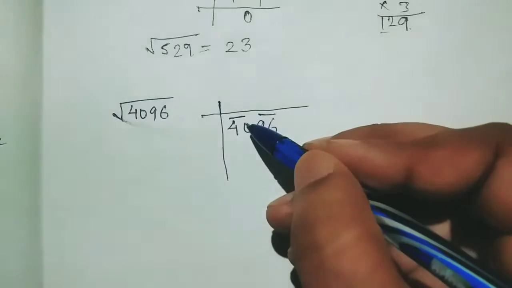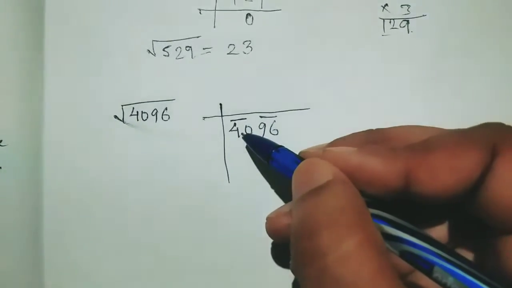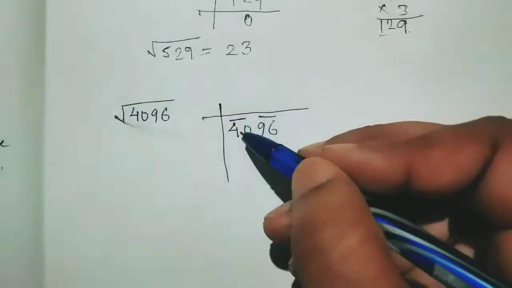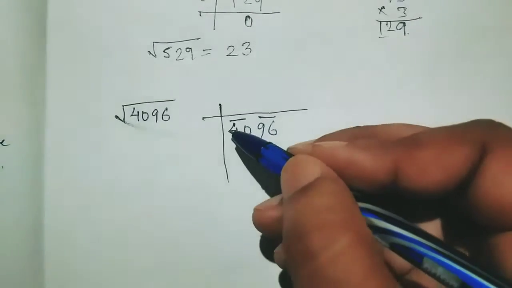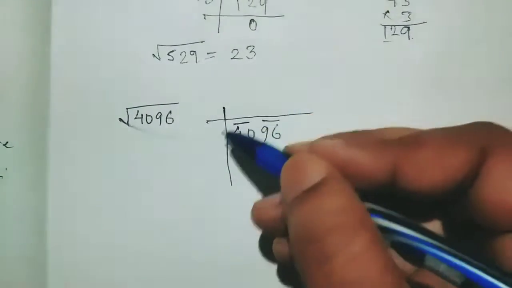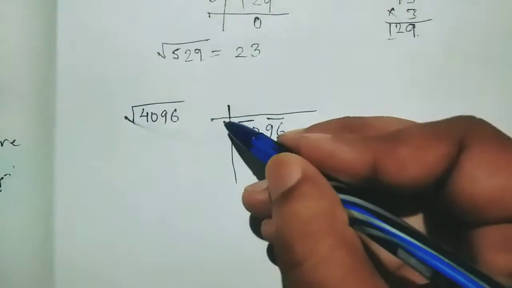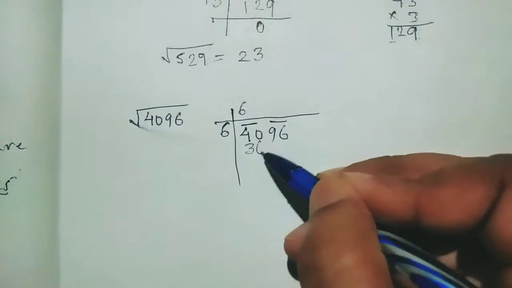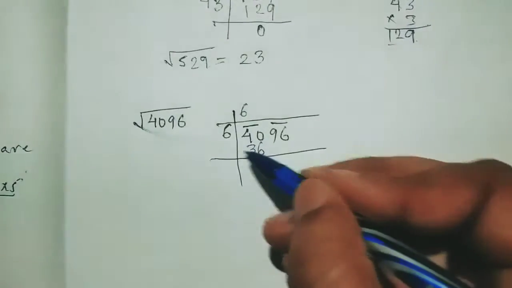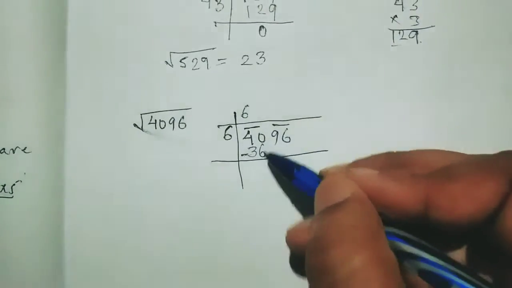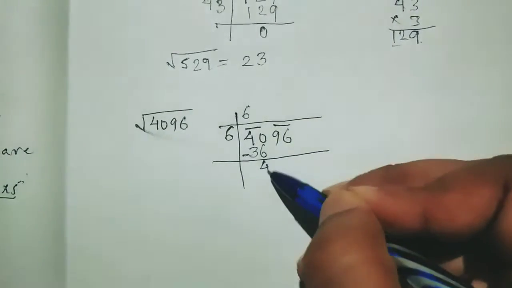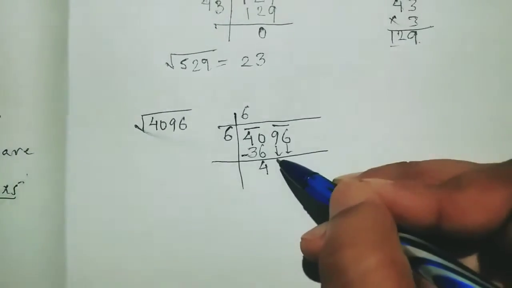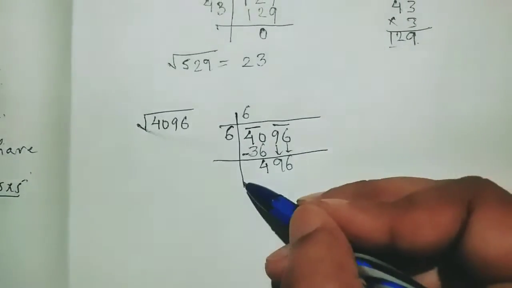Now 40. So which square is equal to 40 or less than 40? There is no square equal to 40. That means we have to identify which square is less than 40. So 5 times 5 is 25. No. 6 times 6 is 36. Right. So here you have to write 6 into 6, 6 times 6 is 36. Okay. Now give this line. Now the minus sign. So it is 40 minus 36, which is 4. Understood? Now bring both 96 down here because they are a pair. You have to bring both the numbers.